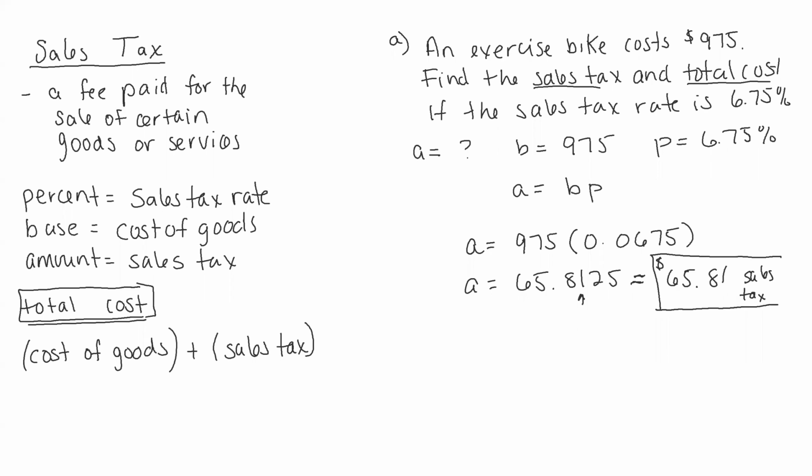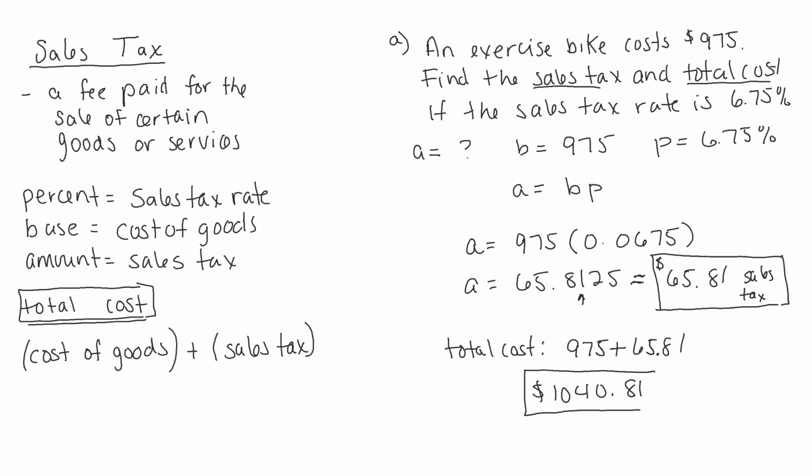The question says, hey, find the sales tax. So on this particular exercise bike, we know we're going to be paying $65.81 on top of the $975 that we already have to pay. So the total cost for this bike is going to be $975 plus $65.81. Okay. And so we're going to get that the total cost of this bike, what you pay out of pocket, is $1,040.81. So after you pay that fee, the sales tax, and then pay for the cost of the bike, you're going to be out of pocket